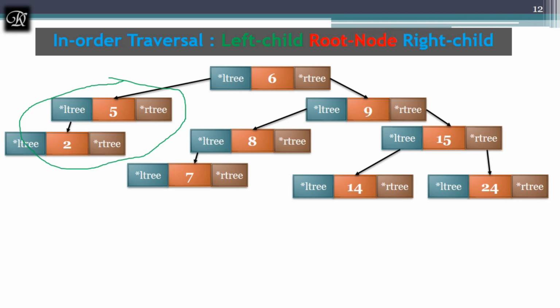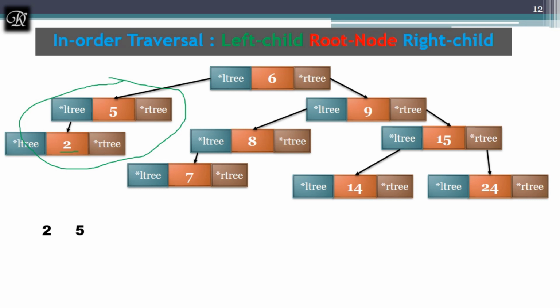This is a root right now, and check for its left tree. Yes, again I am having one, and it is not equal to null. But check for its left. No, there is no left. Then write the value of that, which is 2. And next, is there any right? No, there is no right node for it. Then its root will be printed. Is there any right node for the 5? No, there is no right node for it. Then it's not going to display any right node, but it's going to display the root of it.